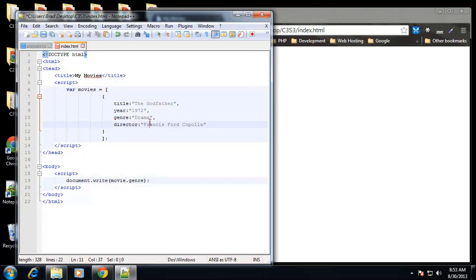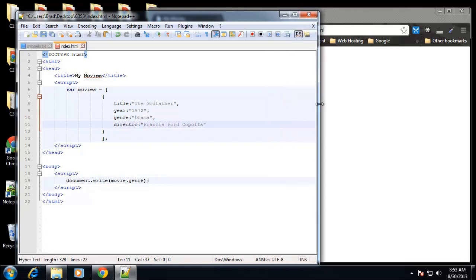Alright, so we should actually space this out a little. Actually, that's fine. So now it's an array. Movies is an array with one object, or every array value is a movie object. Alright, so if we put a comma and we grab this,